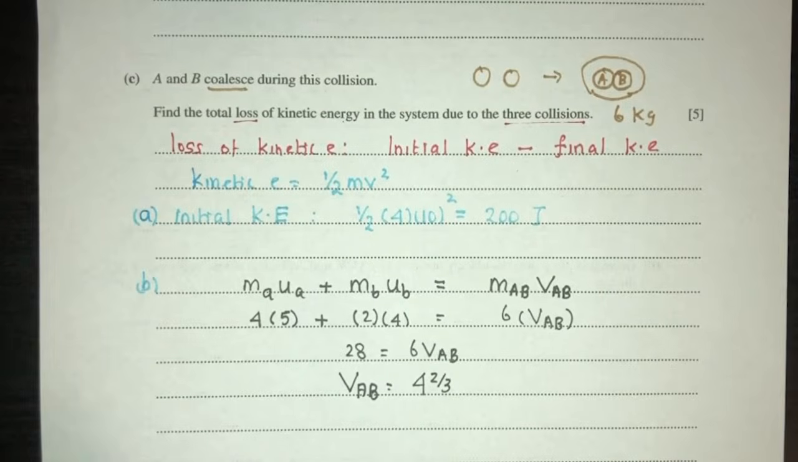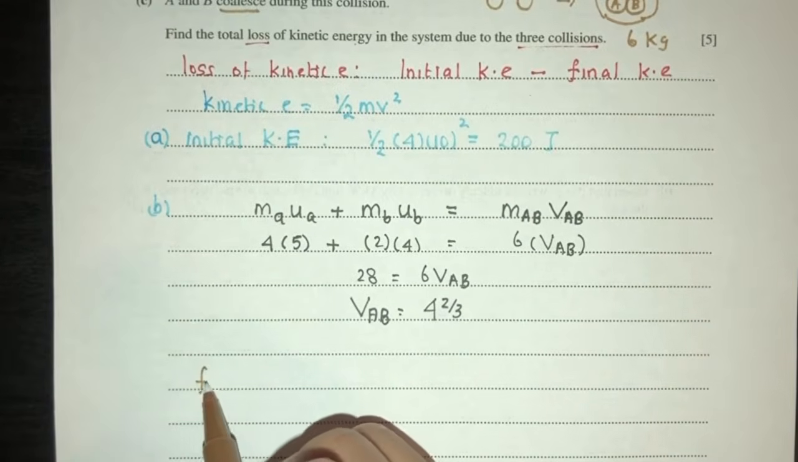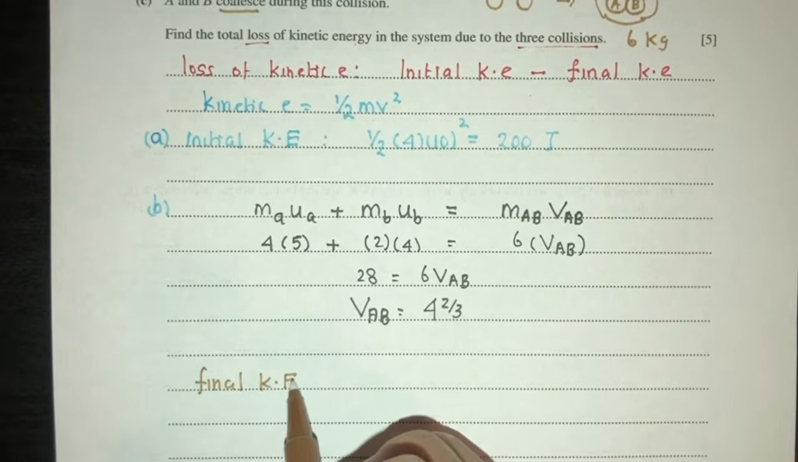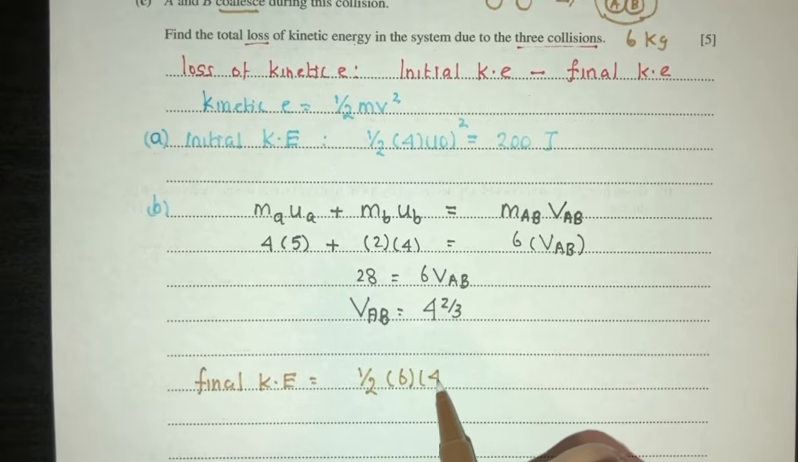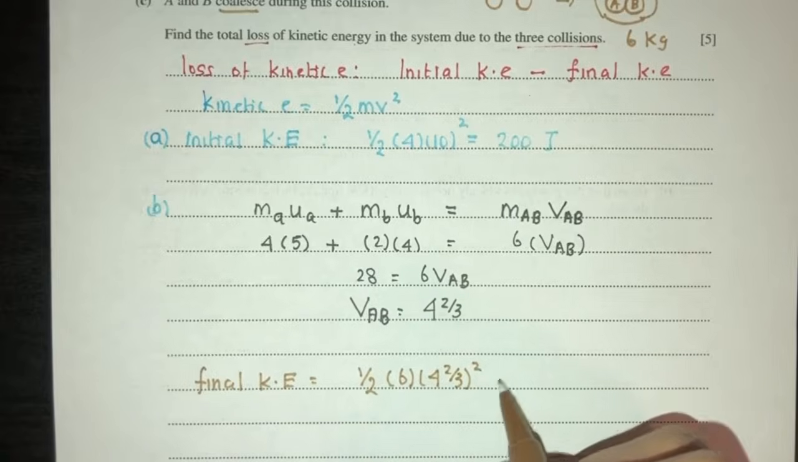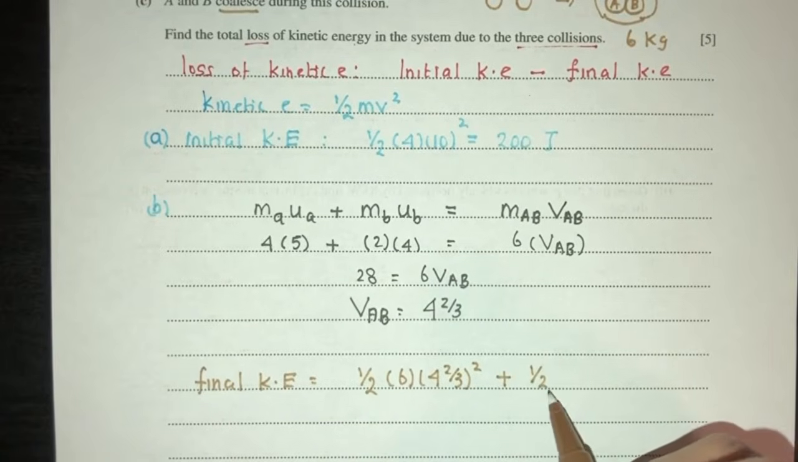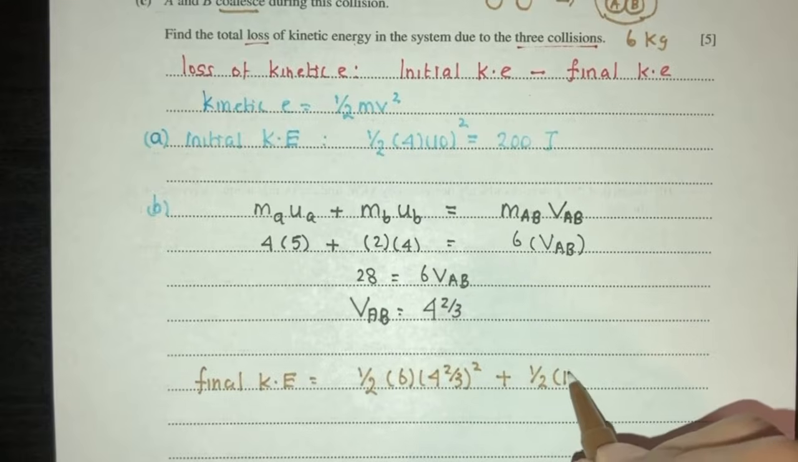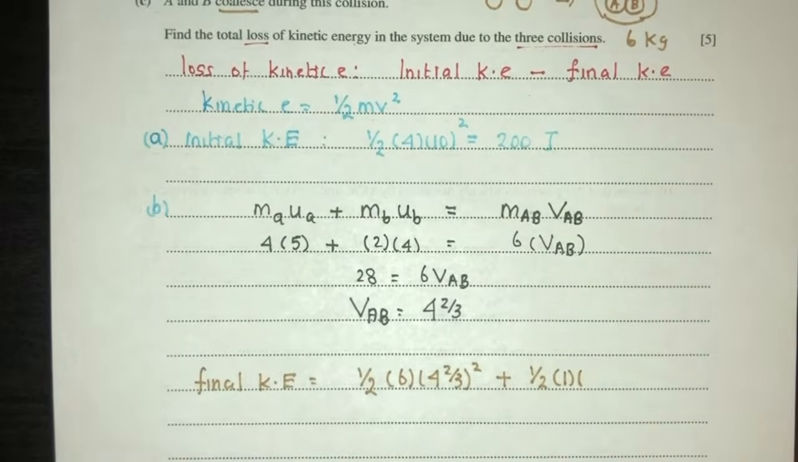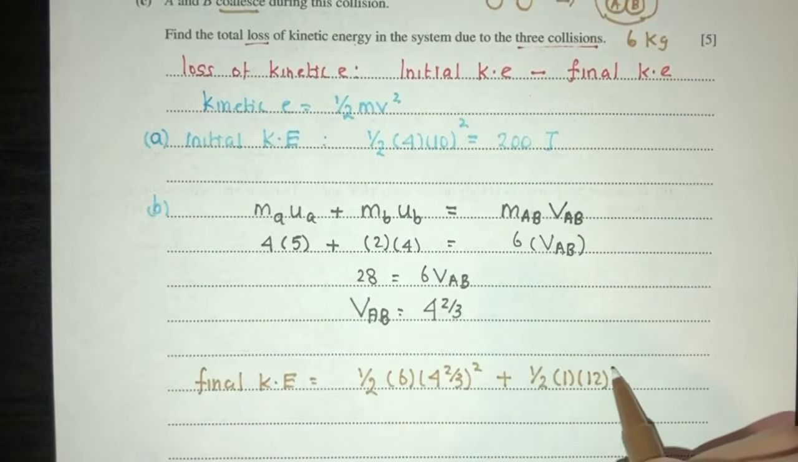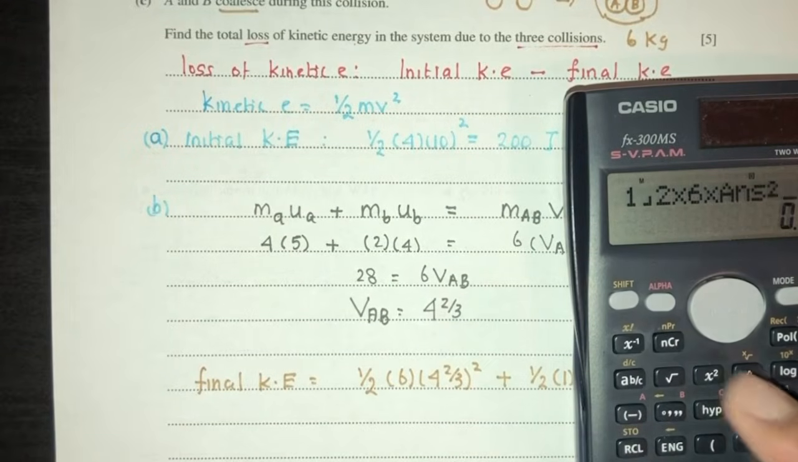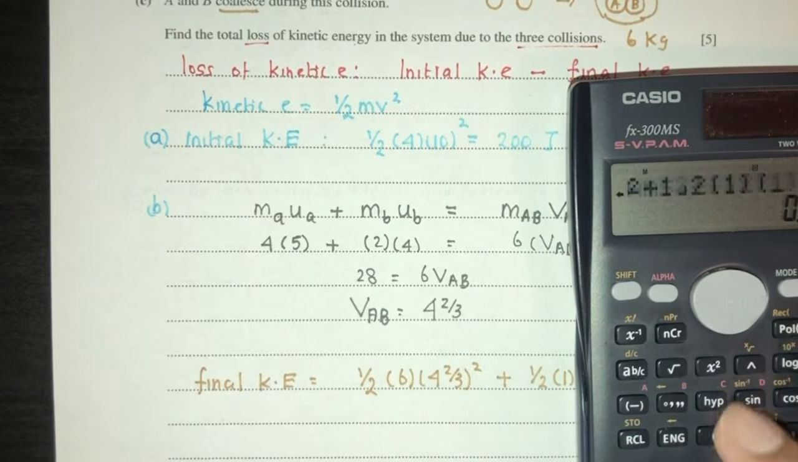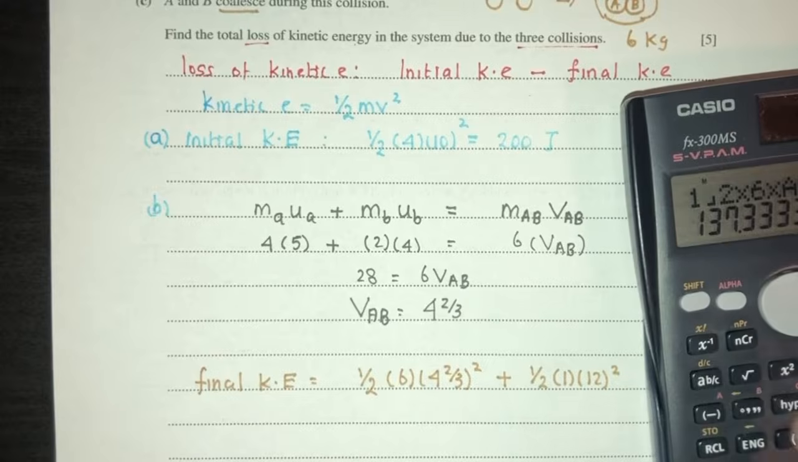Okay, so now since we know this, we can find your final kinetic energy. That will be half, m is the mass of AB, which is 6, speed is 4 2/3 squared, and then plus also you have your sphere C, which is still moving, so you have half times 1, and the speed of C was given to you from part B. As you can see, it is 12, so 12 squared. So let's find that. So we have half times 6 times the answer squared plus half times 1 times 12 squared. That should give you